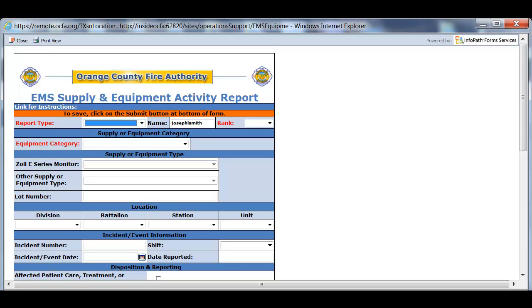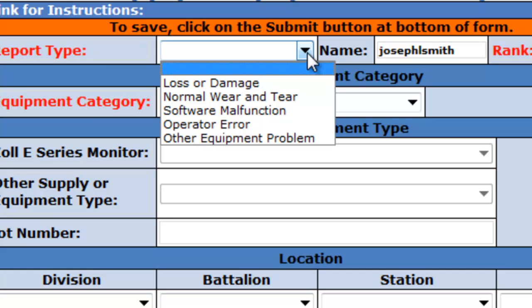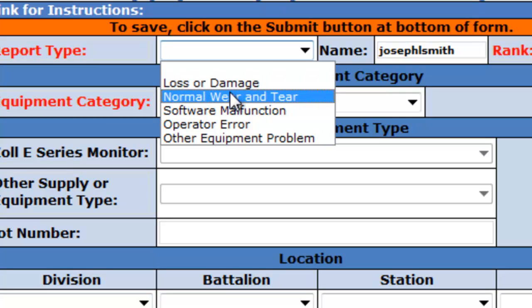Now that I've got the form open, the first thing I'm going to want to do is select the report type. You can see here I have 5 choices: loss or damage, normal wear and tear, software malfunction or operator error, other equipment problem. I want to take a minute here to point out that anytime this is selected, loss or